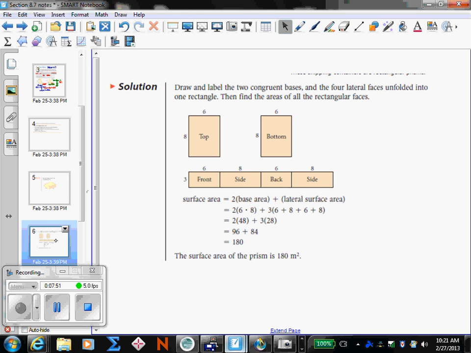So here's your formula. 2 times the area of the base plus the lateral surface area. So if our base is 48,